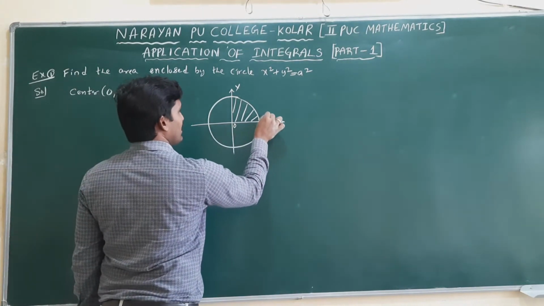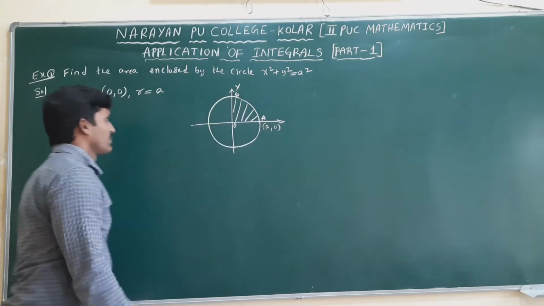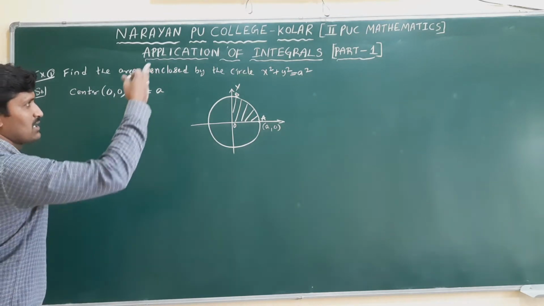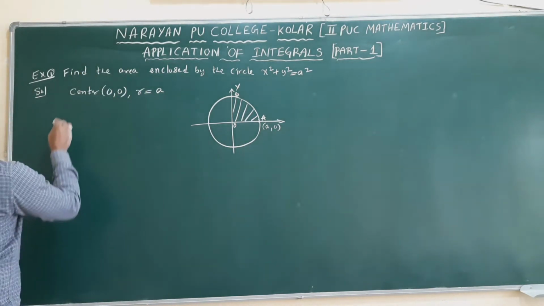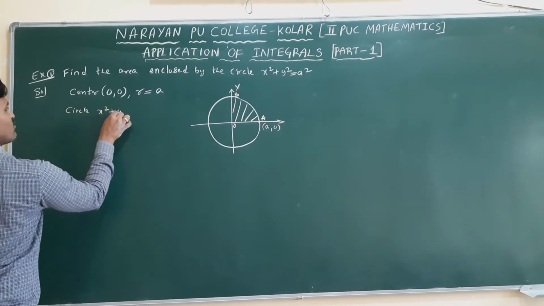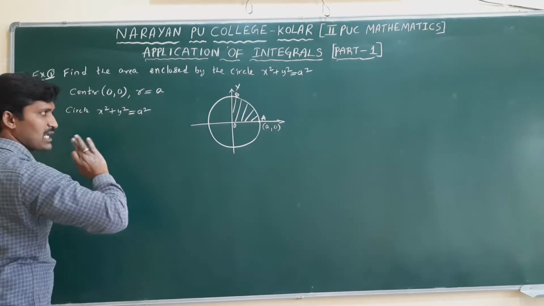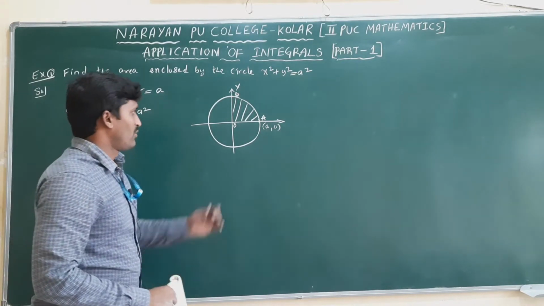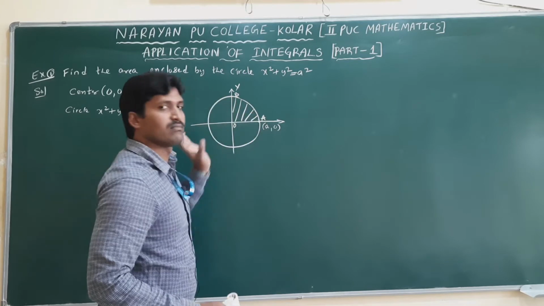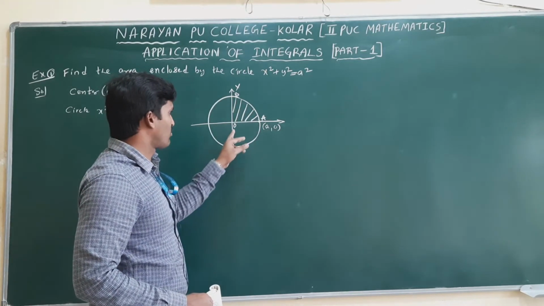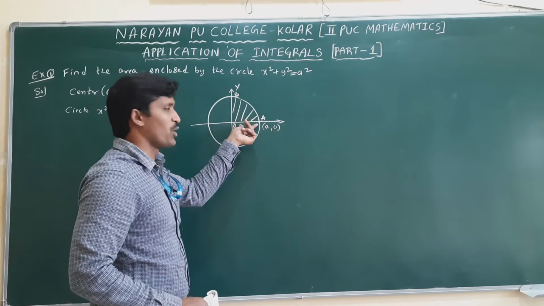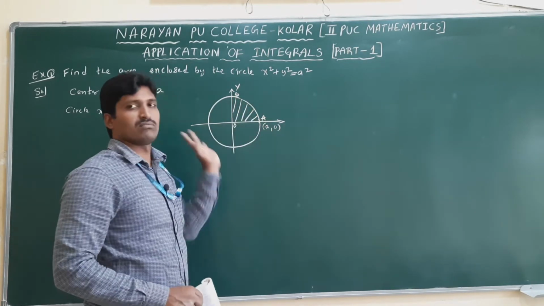I will take x limits, I want to take complete. This is O, A, B. I am taking with respect to x axis only here. When you are taking x axis, complete curve changes in terms of x. What is the circle given? X square plus y square equal to a square. The limits already we got, from 0 to a, this region will come. Curve what here? Circle. This region is bounded between x equal to 0 and x equal to a and positive x axis and the circle curve.